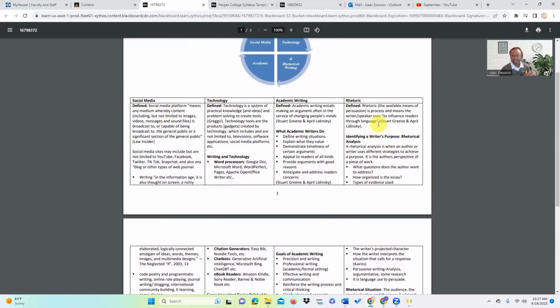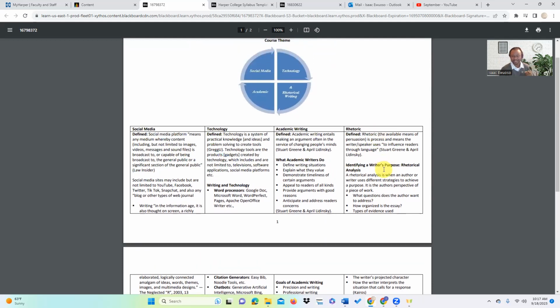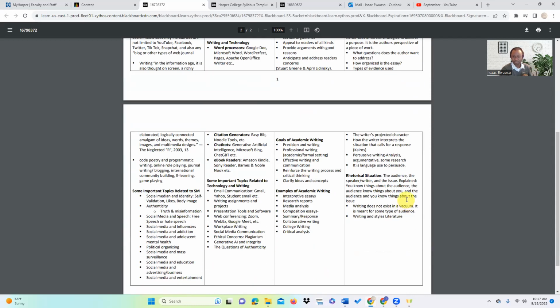Now, rhetoric, it's about the available means of persuasion. Some think it's propaganda. There are all kinds of definitions of rhetoric, and we will cover some definitions. We can't cover everything. But as far as rhetoric is concerned in this class, you are going to be presenting. You're going to be engaging in persuasive writing